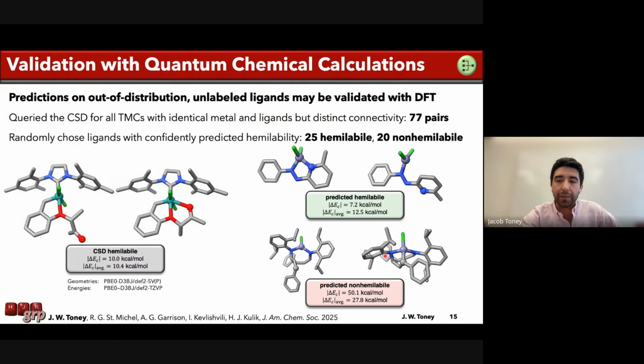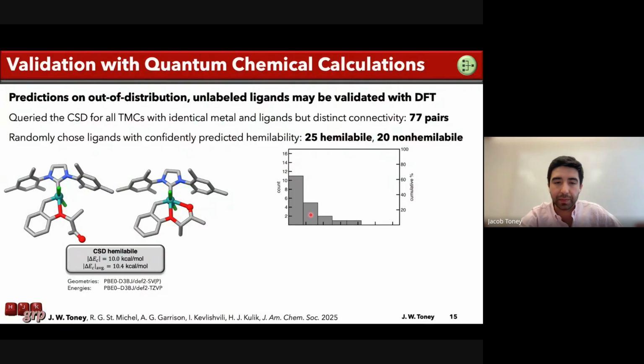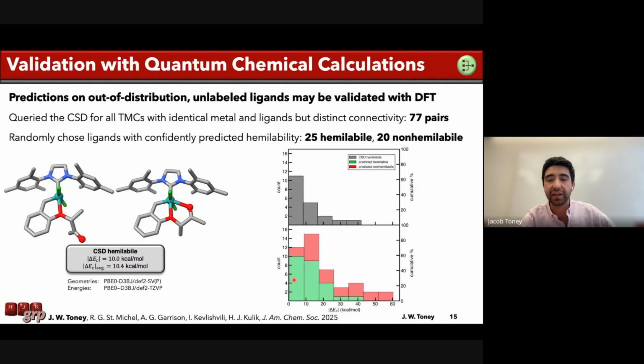So these examples look good, but also the distributions. We see that looking at just the CSD structures, the majority of them have an energy difference of about 10 kcal/mol, and it stops a little bit further out here. We look at predicted hemilabile in green and predicted non-hemilabile in red. The green predictions line up pretty well with the gray experimentally observed distribution. Not just in terms of the mean, which is 10.4 versus 12.5, or 27.8 for the red distribution, but also in terms of the cumulative distribution function. Similar metrics are observed if you compare the distributions using t-tests or Wasserstein distances, which basically shows